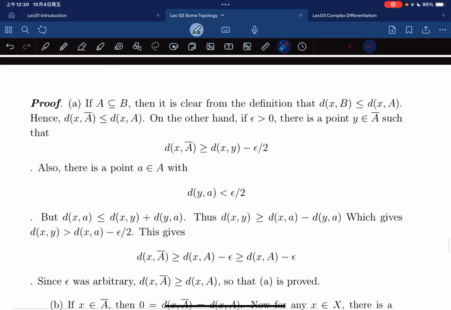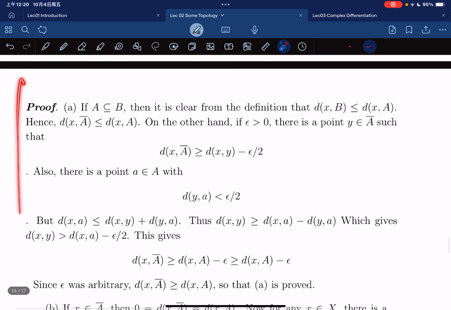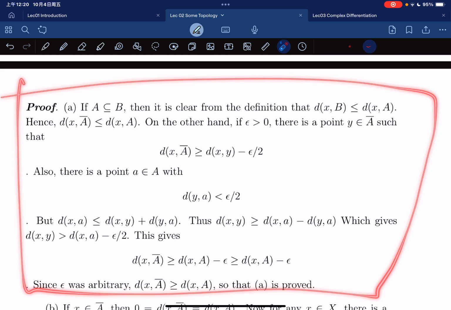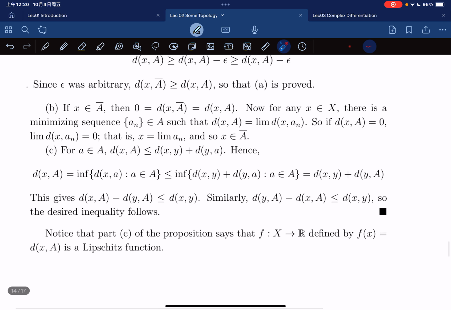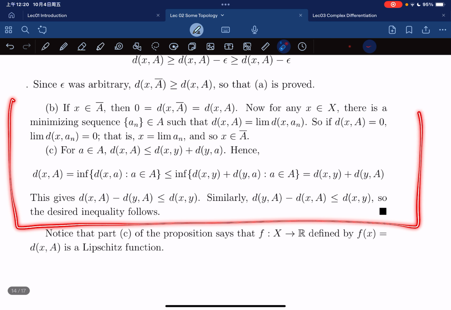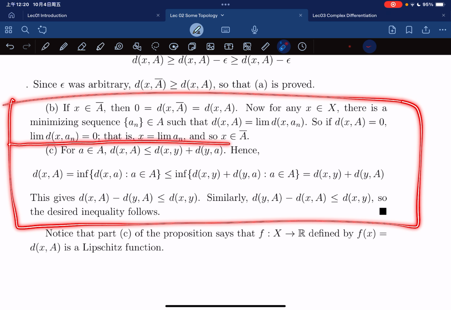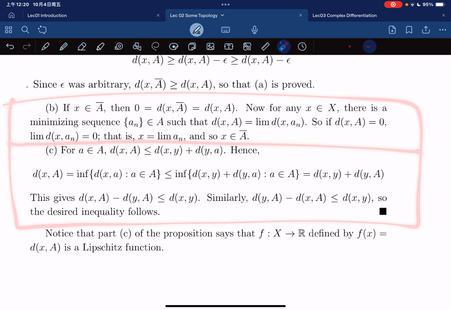are, so this is the proof of part A, right? And this is the proof of part B and part C. Okay. And yeah,